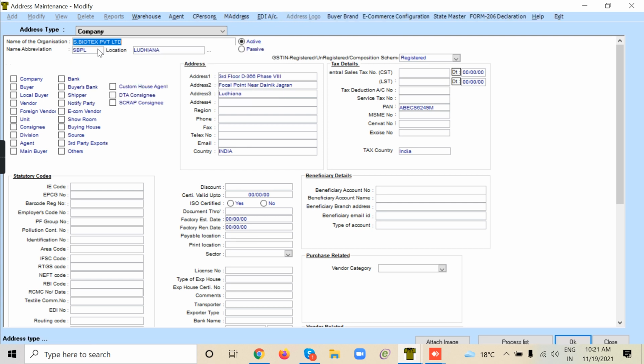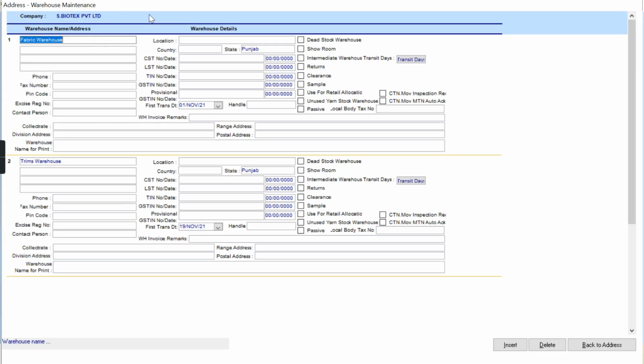At the top you have the menu warehouse. Use the insert button at the bottom. Type yarn warehouse. I think we already put it over the yarn. We have done the fabric, trims, general, and yarn. You can even create the garment warehouse.